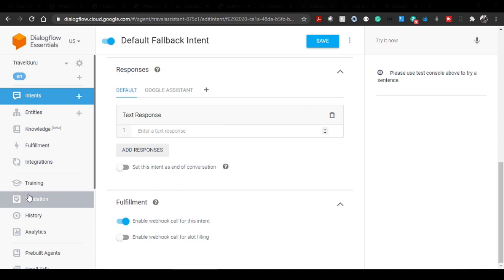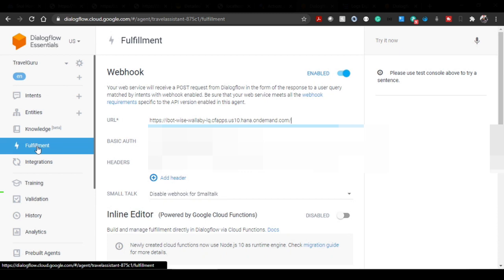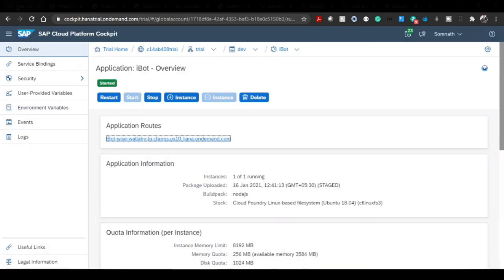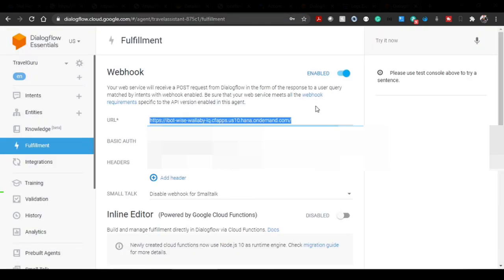Then you have something called fulfillment over here in the left pane, and here you need to add your URL. So if you go and open this one, you can copy this application URL. The one we just deployed to the cloud, whatever application URL you can see, go to Dialogflow and paste it there.